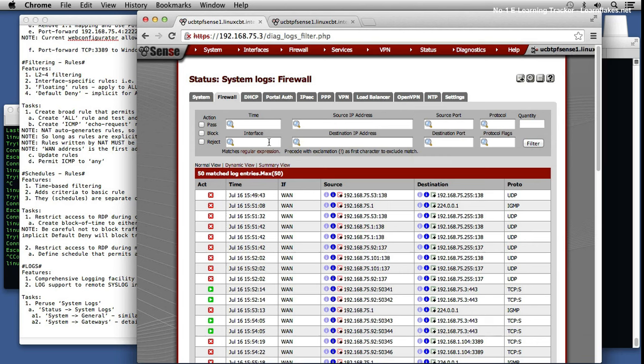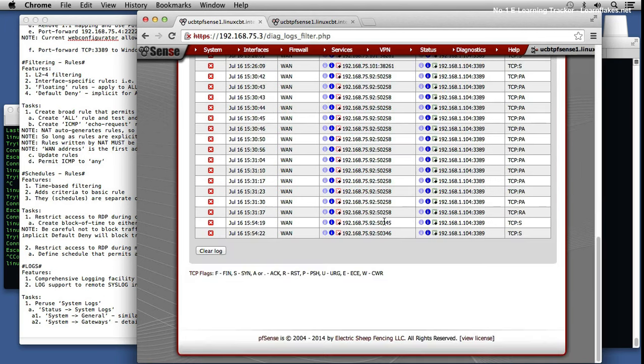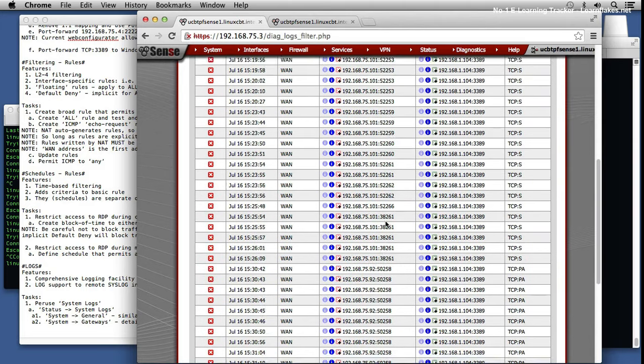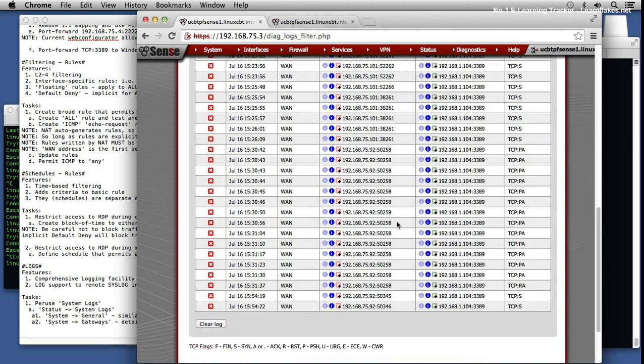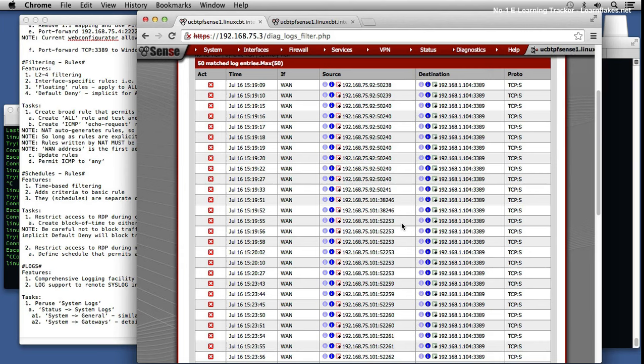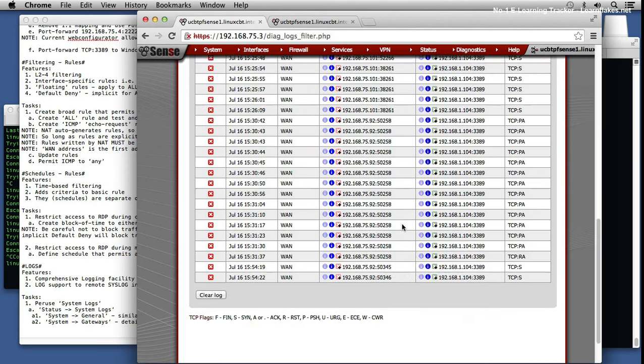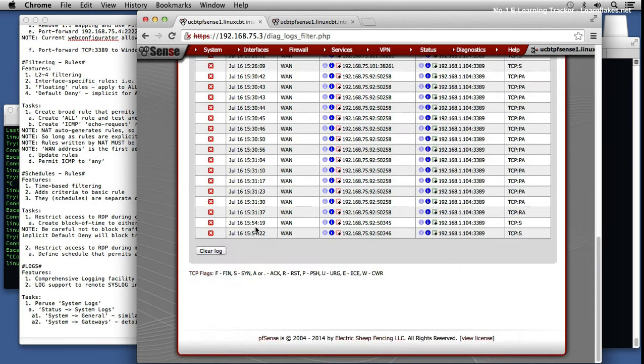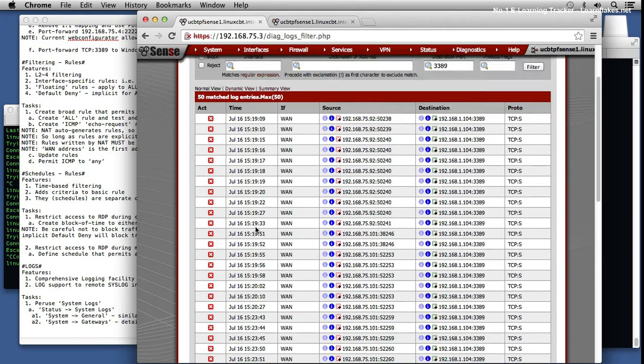You can pick apart IP and TCP headers looking for specific bits of information. So for example, when we're troubleshooting RDP, we'd be looking for 3389 as a destination port. But you'll see permits and rejects if the rules log on permits. So far it seems as if it's all rejects. Here are the 50 matched packets that have flowed through the firewall so far across what appears to be one day of RDP activity